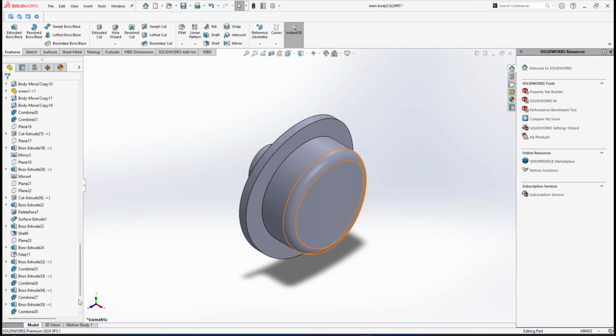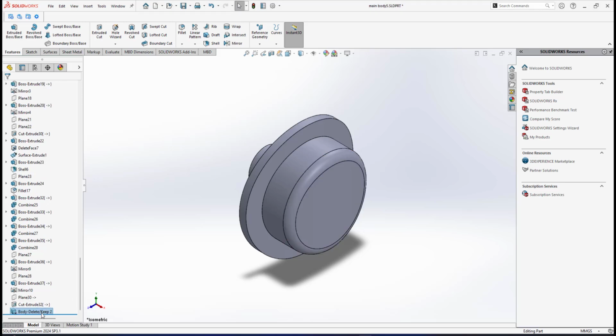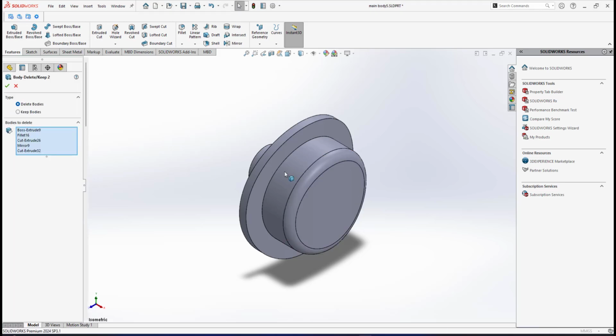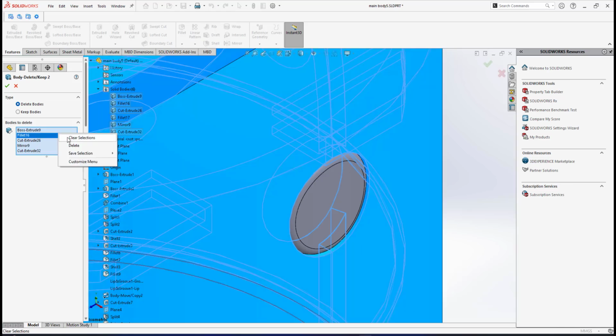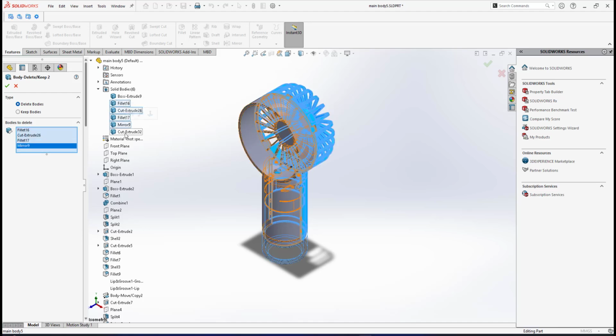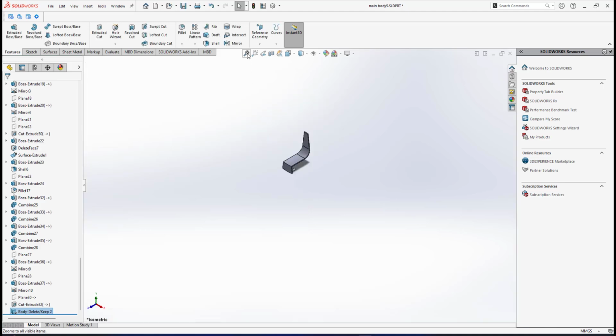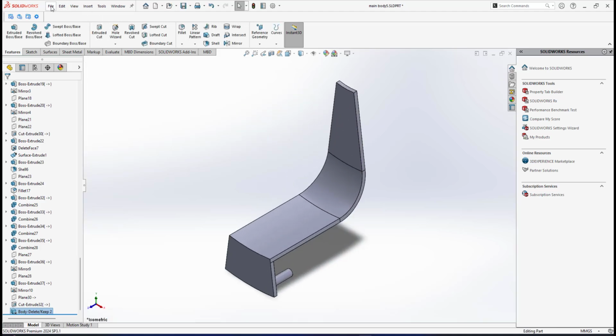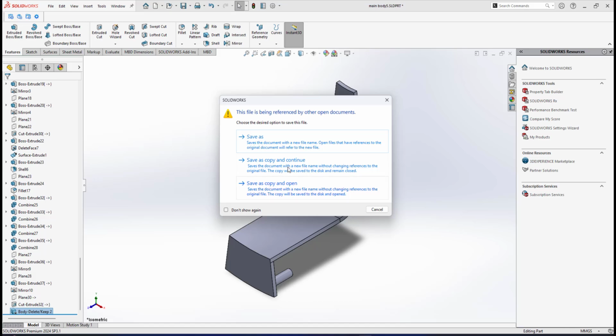Right, I edit this one, I clear all the selection, and now I will go for this one, the cap for the wire channel, and I will select all the other components except the cap. What's left here is only the cap. Then I save as copy and continue